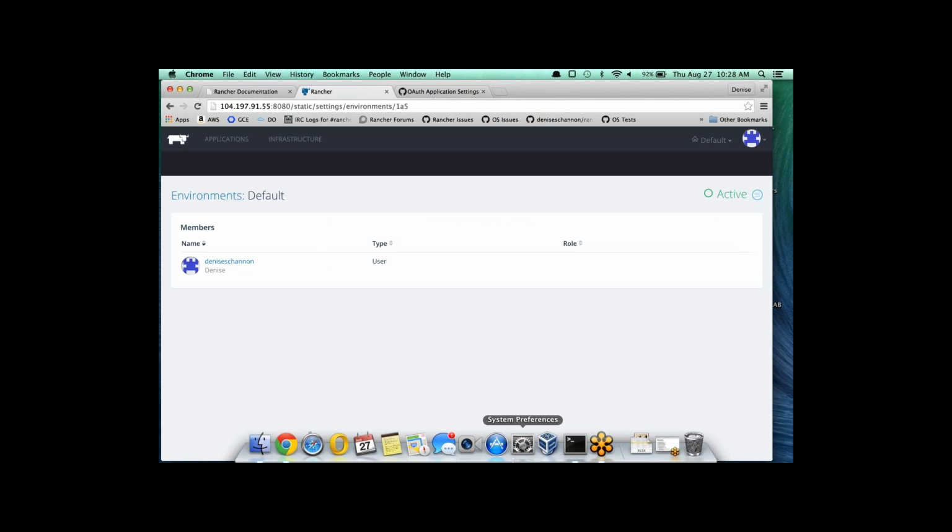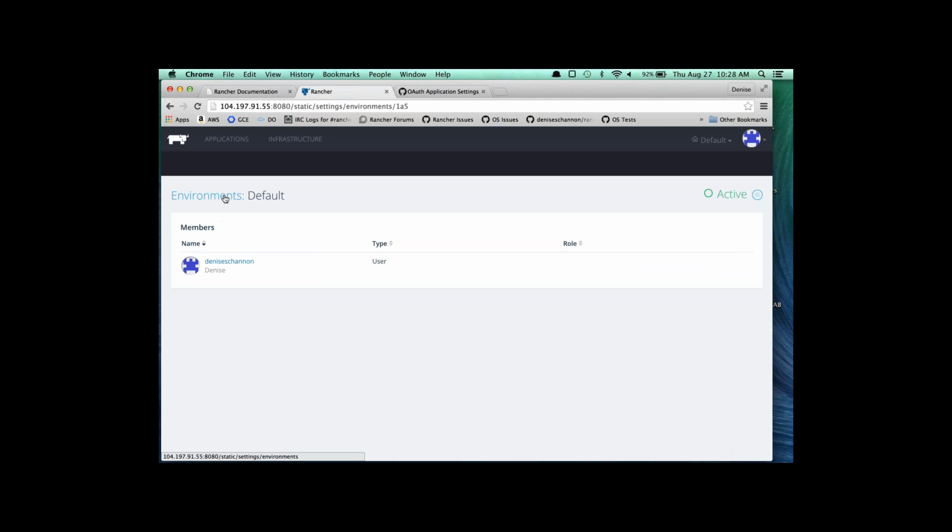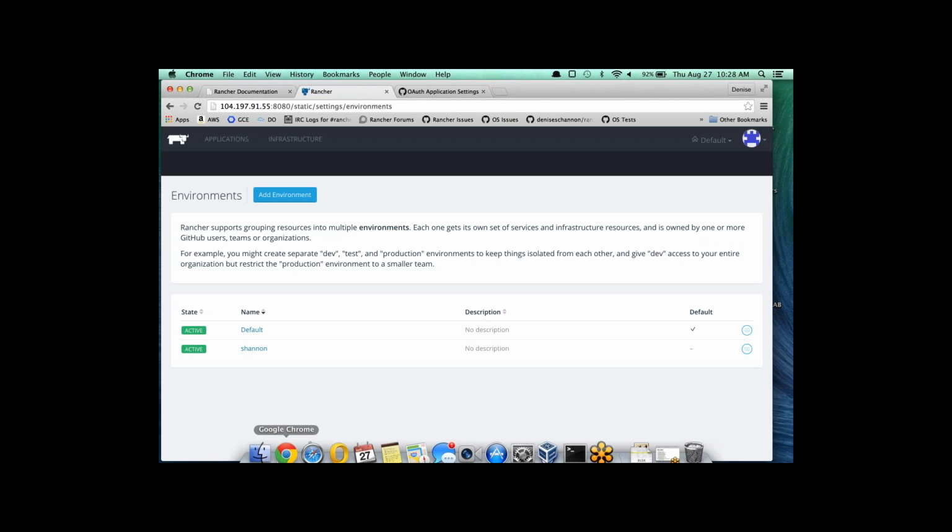I think it's important there too, Denise, to hit on the key concept that is environments. Environments are pretty core to the idea of Rancher and container management. The way to think of an environment is as a cluster or a group of resources that work together to run a certain set of containers and applications. It's very much a domain of control inside Rancher. Within an environment, if you're a member of it, you have visibility into those resources and into anything that's going on on those hosts. As a member, you have a lot of control over those things, but you're completely